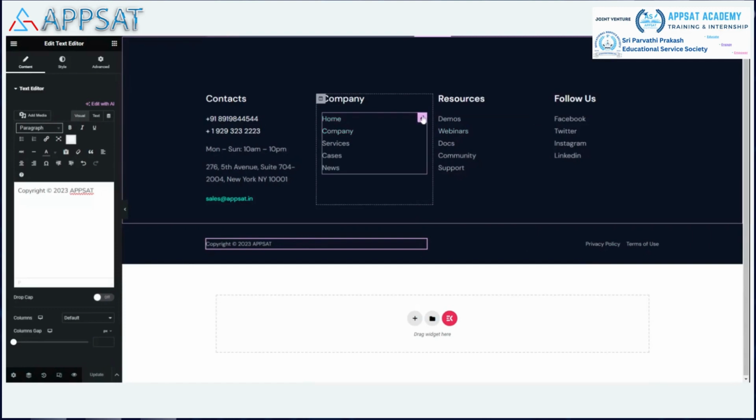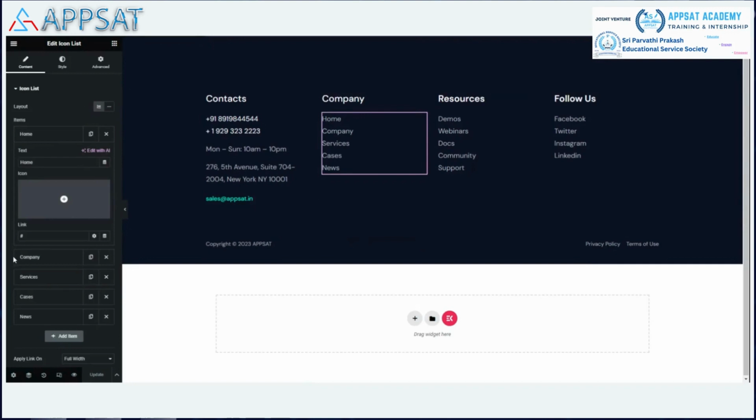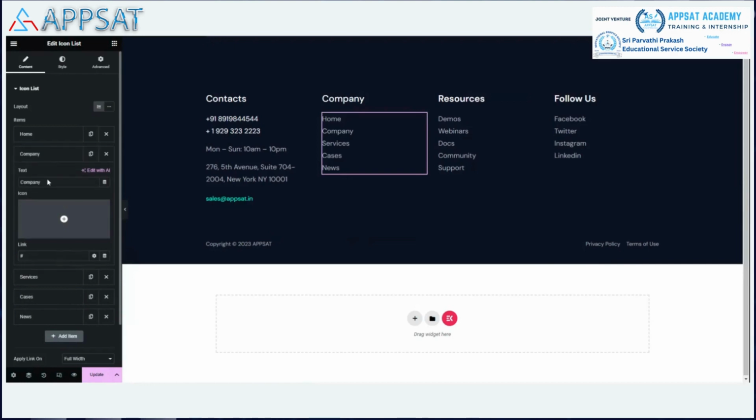If you select this company and go for this home, the link will be https, how to geek.pro. Then the second one will be the one which we created,